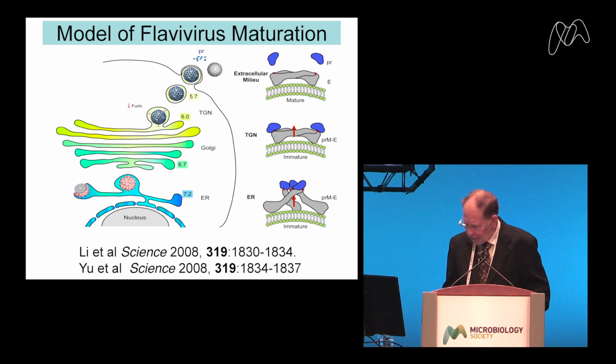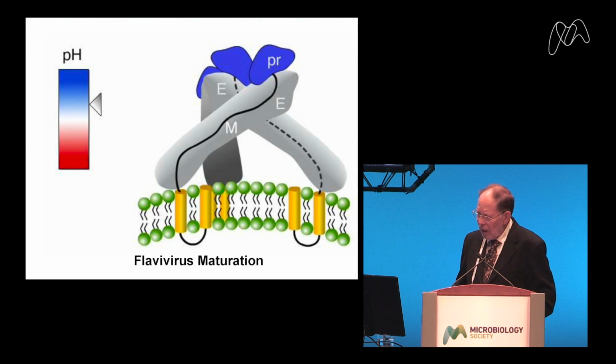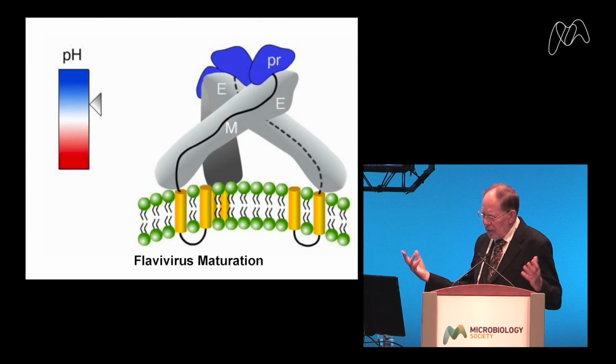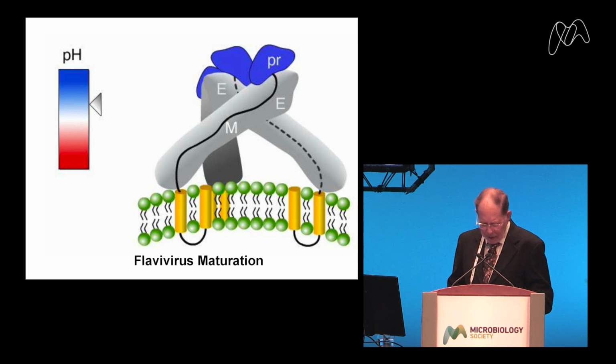This is shown diagrammatically here, where we get the trimer spike, and then this is reversible, amazingly reversible. But when the pH is low, the furin can cleave, and you watch the pH meter, the PR comes off. Oh, wonderful. Thank you.